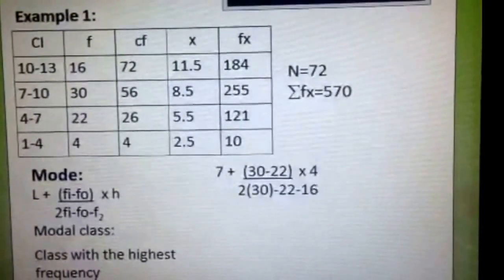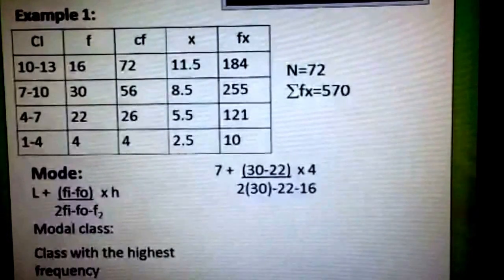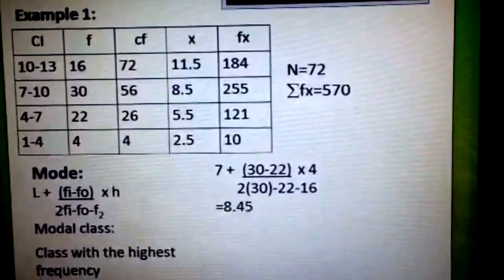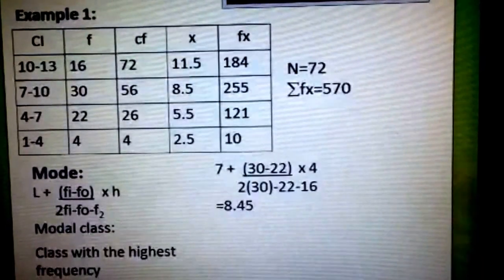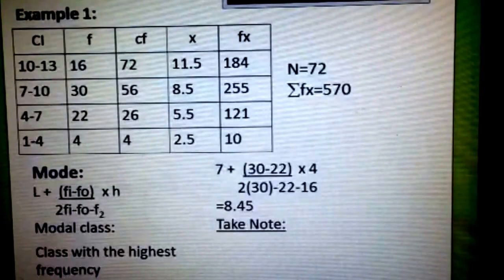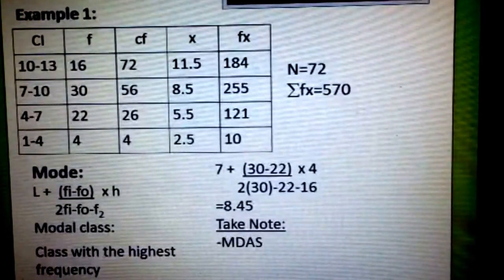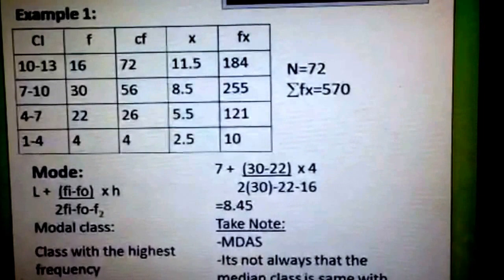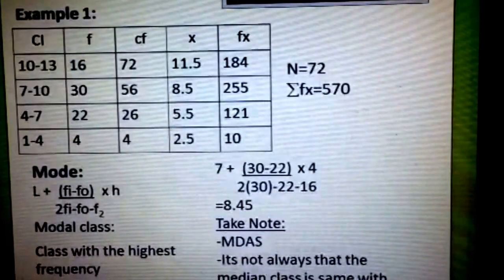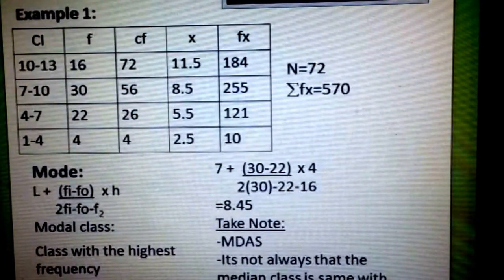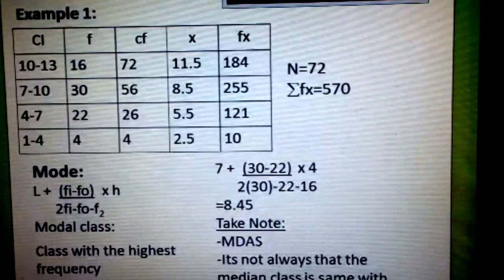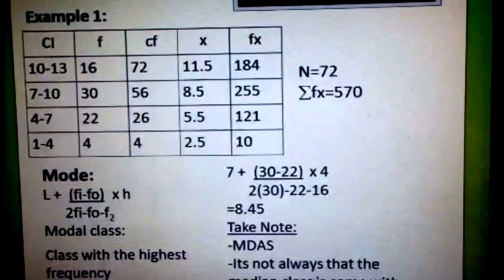And now we have substituted all the values. All we need to do is solve. And we get 8.45 as our mode. Always remember to take note of the MDAS once again. And one thing we should always remember is that it's not always that the median class is the same with the modal class, because in this example, the median class is the same with the modal class. And that's not always the case. Next example,